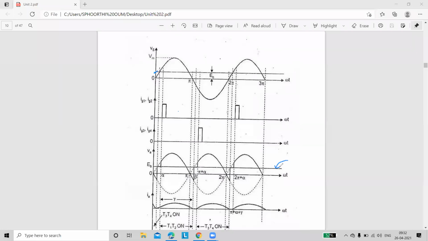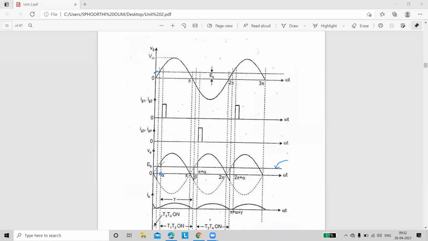So in the first case, we are taking alpha less than 90. So check the value of alpha. It is the value of alpha, is it right? Tell me that. I am representing the firing angle value with a cross mark. Is it visible to you or not? Visible, madam. Yes. So from this firing angle alpha, you are going to get some output voltage.